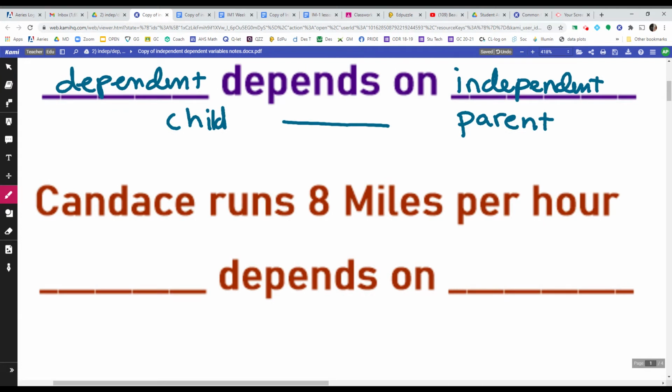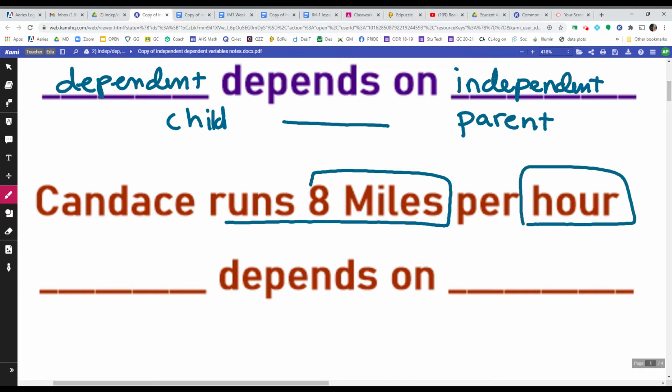So here we have a story. Candace runs 8 miles per hour. Okay, which comes first? Do the miles come first, or does time come first? My understanding is if time stops, Candace stops. So the amount of miles she runs depends on how much time she spends running. So the distance,